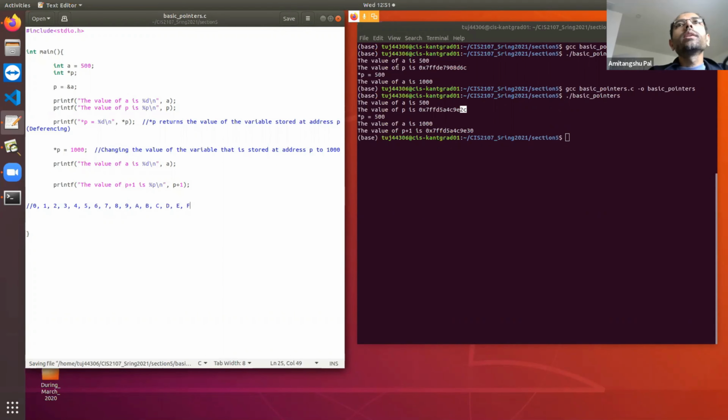So in hexadecimal notation, individual values vary from 0 to 15, and instead of 10, 11, 12, 13, 14, 15, it is written A, B, C, D, E, F.